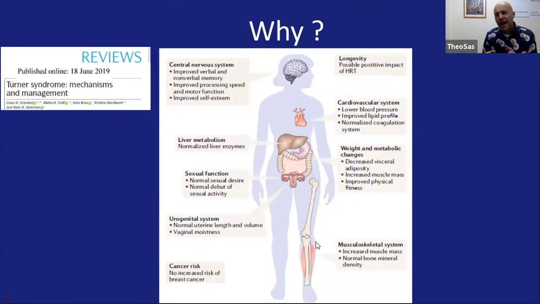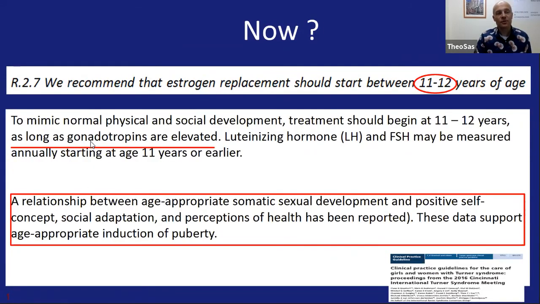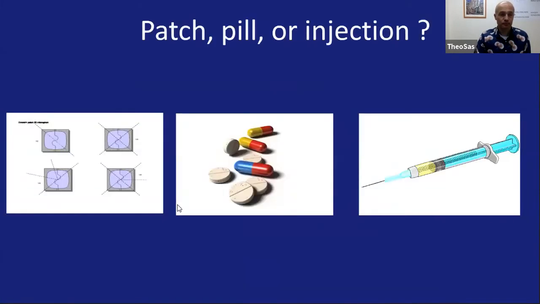And it's important, and I think it's our duty as pediatricians, to explain that it's not only for breast development and to have a cycle, but it's so important that the estrogens will be taken for the rest of their lives until they are 50 or 55 years of age, because of so many positive effects on the body. So we have to explain it. So if the gonadotropins are elevated and the girl is 11, 12 years of age and there is no breast development, you should start with a very low dose of estradiol to make it age appropriate.